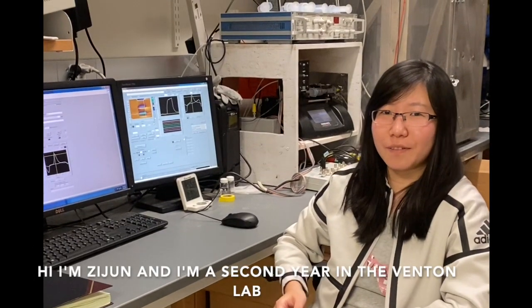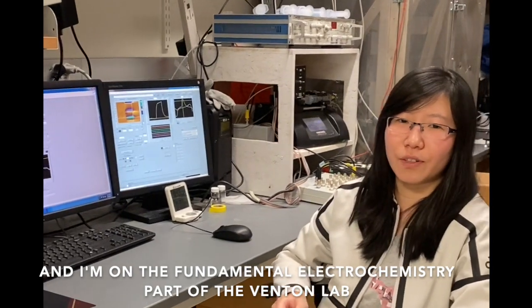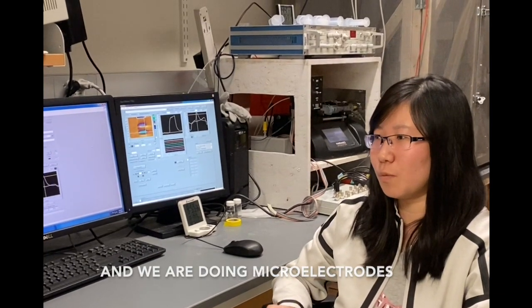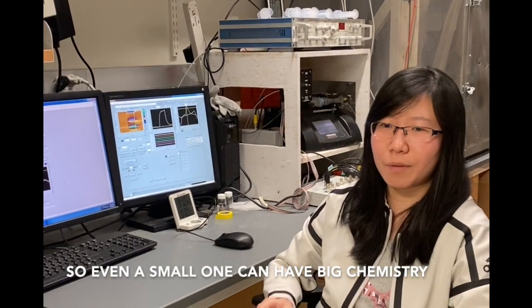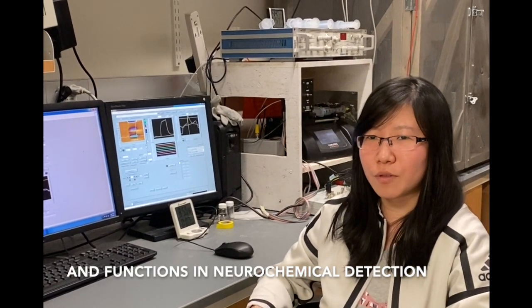Hi, I'm Zgen. I'm the second year in Venton Lab, and I'm on the fundamental electrochemistry part of the Venton Lab. We're exploring different types of carbon-based electrodes, and we're doing microelectrode, and we're playing with the tiny little electrotips. But a small one can even have a very big chemistry here, so we're exploring the different structures and ways to different functions in the neurochemistry,